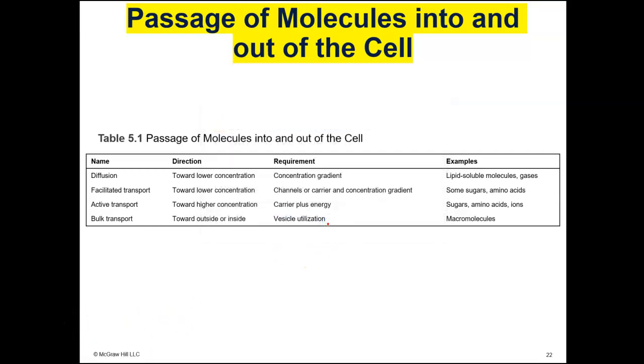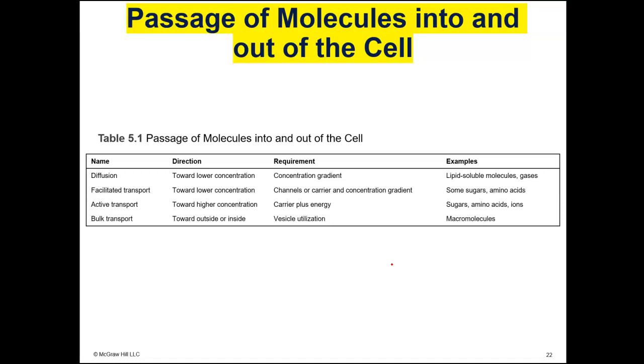So we're about to go into section 5.2 and 3, where we talk about passive transport and active transport. I wanted to make sure we had gone through this table because the table is a summary of both of those sections. So if you think about it, every one of the cells in our bodies